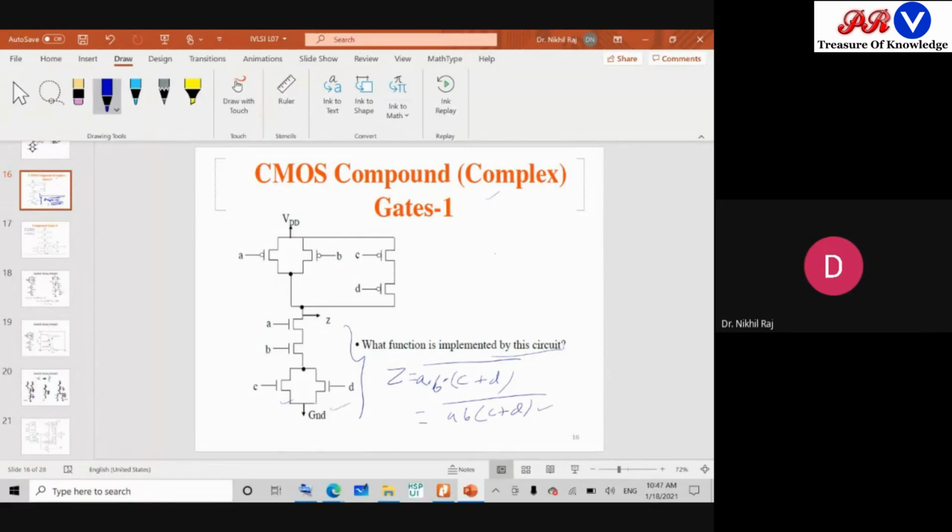If you go for the realization of this, again you will get the same architecture. And then the duality of this one: C and D are in parallel, so C and D will come in series. A and B are in series, so A and B come in parallel, and A and B and C and D are in series, so A and B and C and D will come in parallel. Okay,